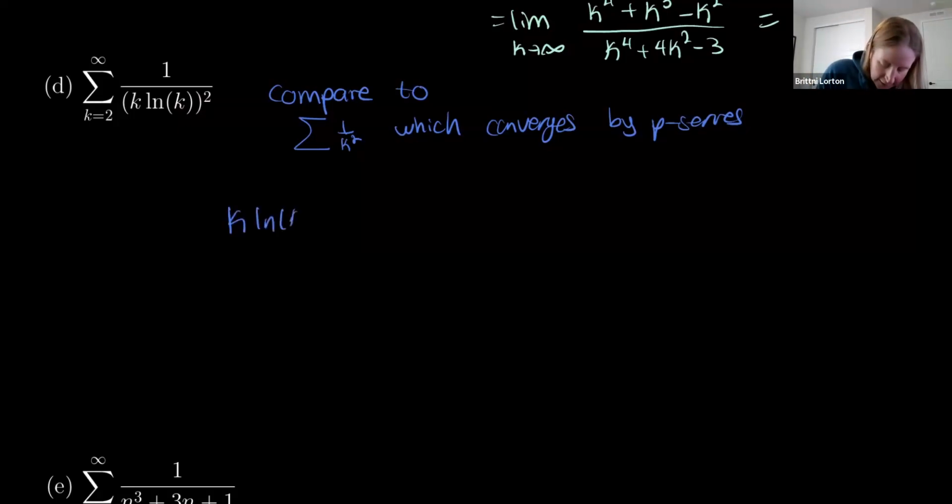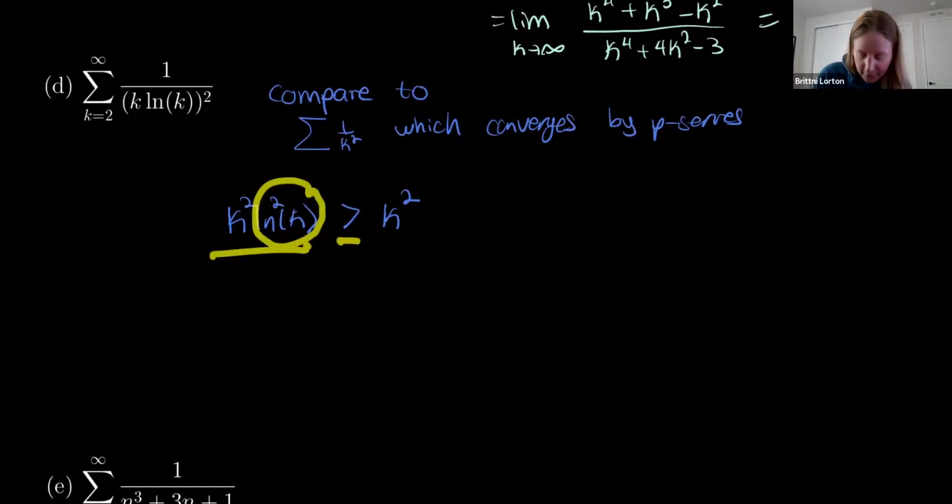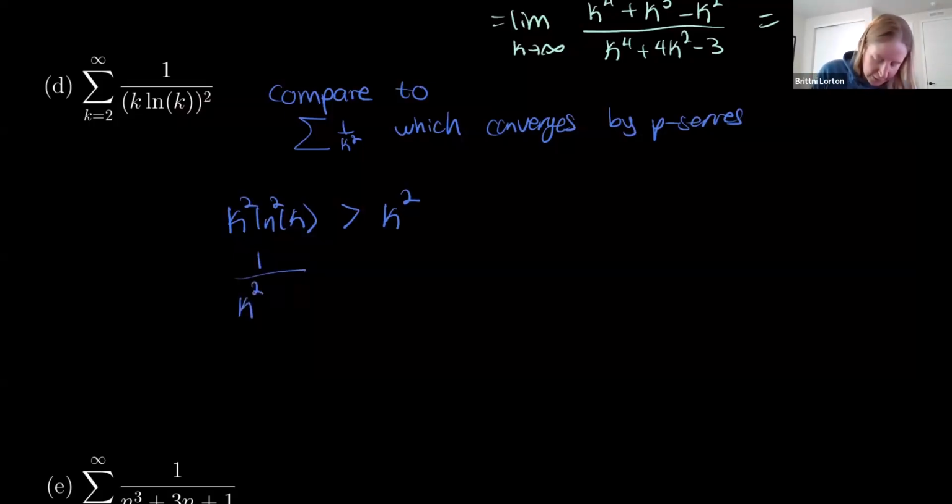So k squared times ln squared is definitely bigger than k squared most of the time. If k is smaller than about 2.5 or so, that won't be the case, but for most anywhere past that, this is definitely true, because ln starts off real small but eventually gets to be a much bigger number. So this whole thing becomes bigger than just k squared, which means if I flip those fractions, and you can graph that on Desmos if you don't believe me, then I would have 1 over k squared